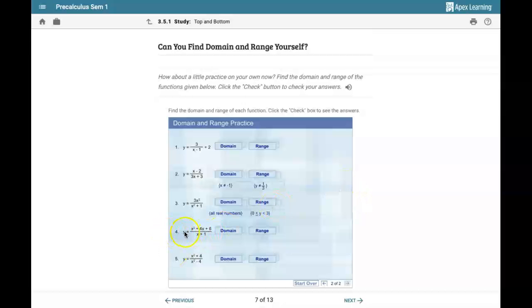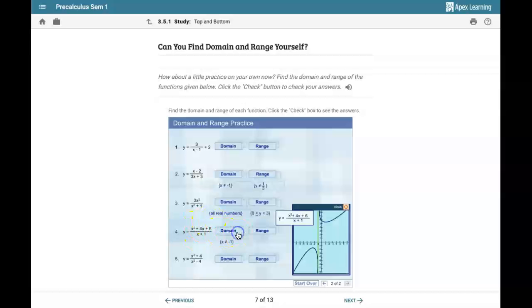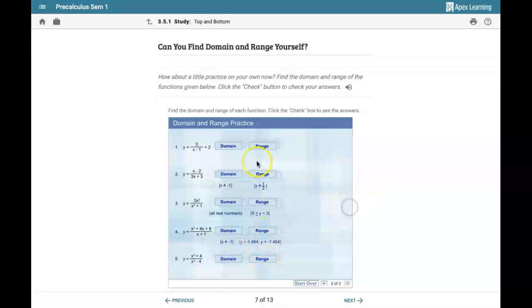Now this one, we have a greater number on top, so I've got 2 over 1. This is the one where I'm going to have that oblique asymptote. So this is where we had to find the linear line, and we ended up solving for our linear line here. And then the last thing I want to point out here is